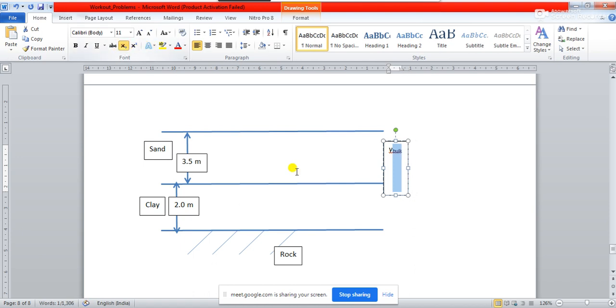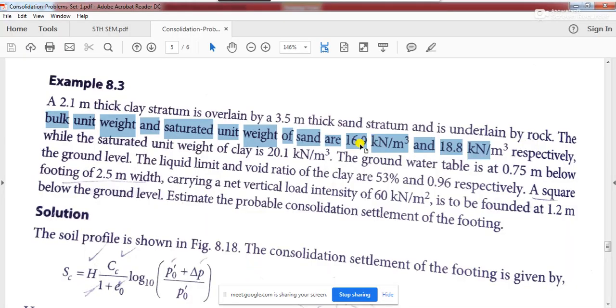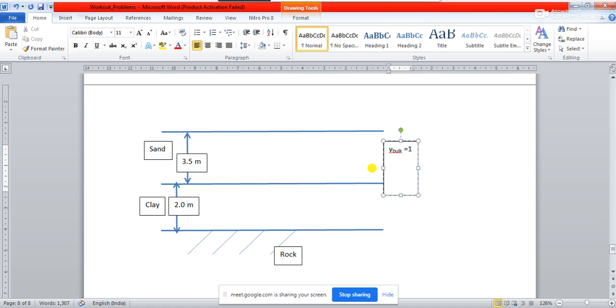What is the value of gamma bulk? Gamma bulk is given as 16.9 kilonewton per meter cube, and for this soil only, for this sand only,